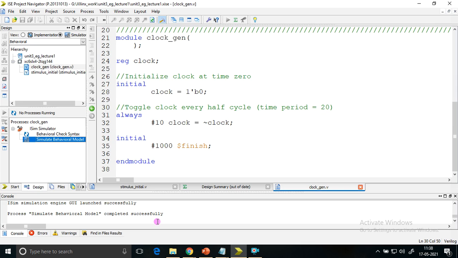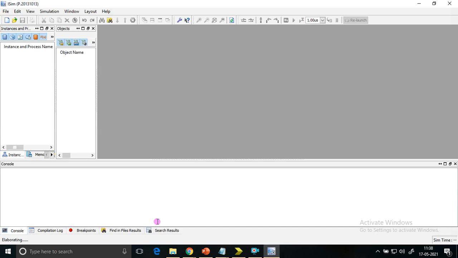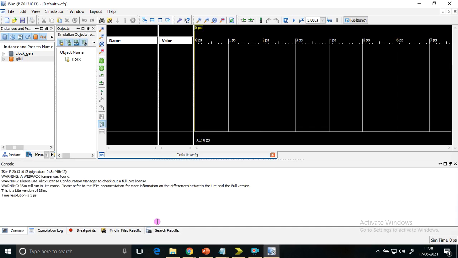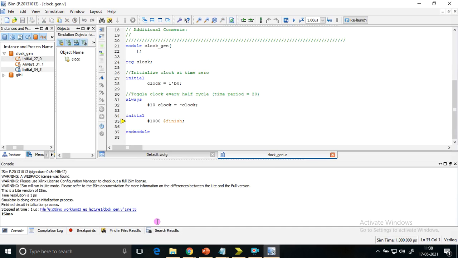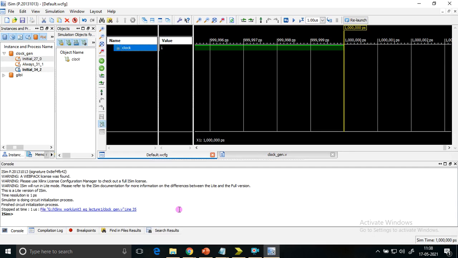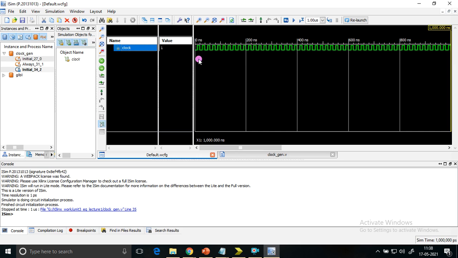So it has completed successfully. The iSim simulator is going to open now, the GUI. You can check here. So the clock is generated. I'll zoom to full view.